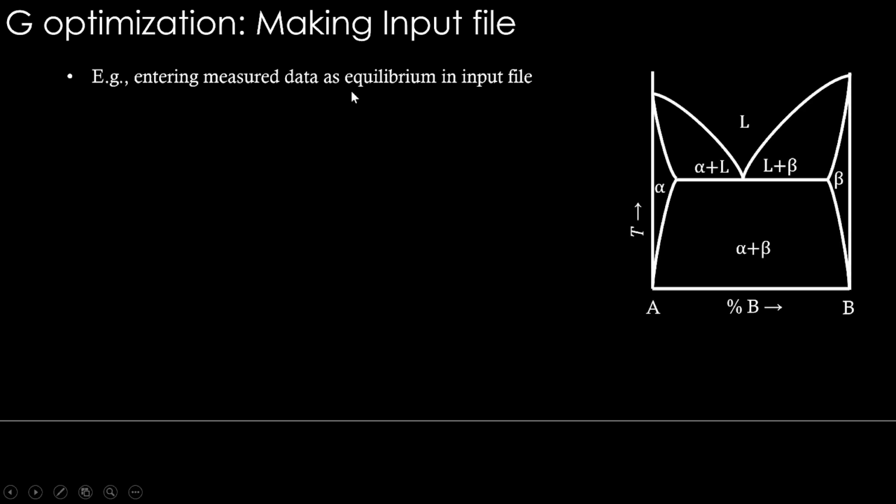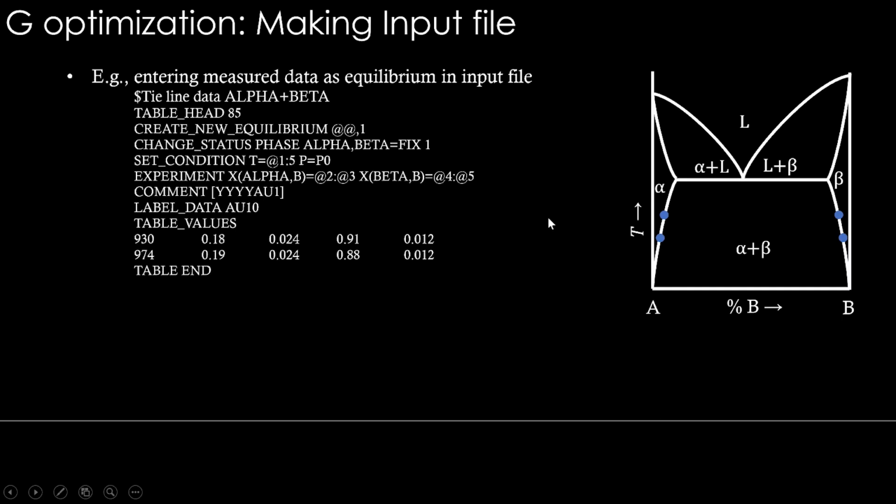Let's talk about entering measured data as equilibrium in the input file. One of the data types we will select and see how to do that. So think of a system like this, an AB system with this kind of behavior in the phase diagram. In this we are going to find this tie-line information here. Alpha and beta are there. These are the compositions of alpha and beta in equilibrium, and that is tie-line information, and at different temperatures we can get that. Usually the entire line will be tracked with multiple tie-line information. So if this data is measured, how do we enter it into the input file?